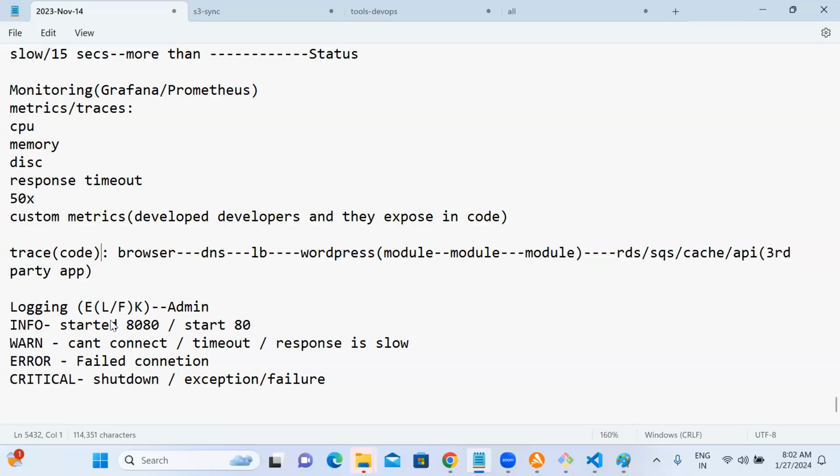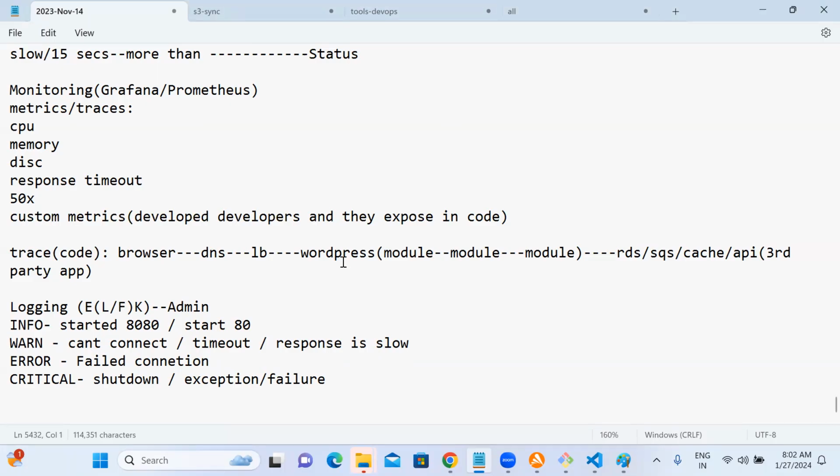I've seen some projects where some managers, up to their knowledge, come and expect you to say, "Hey, as a DevOps guy, can you capture the traces?" The application should have the nature to expose the traces. Otherwise, I cannot. You can ask: is it in the code? Is the application sending the traces? That's the reverse question you should ask them.